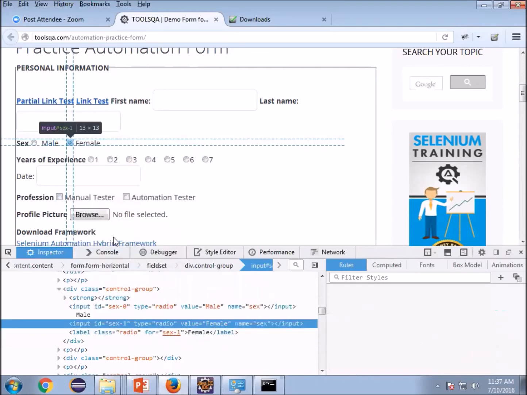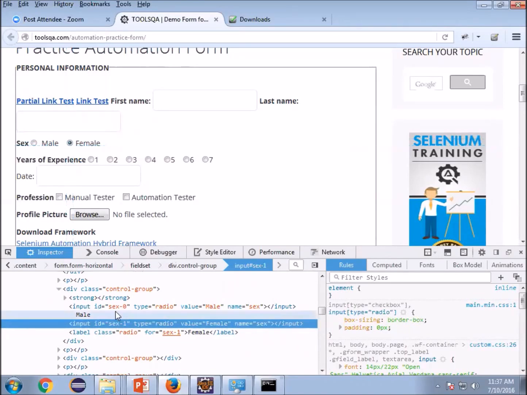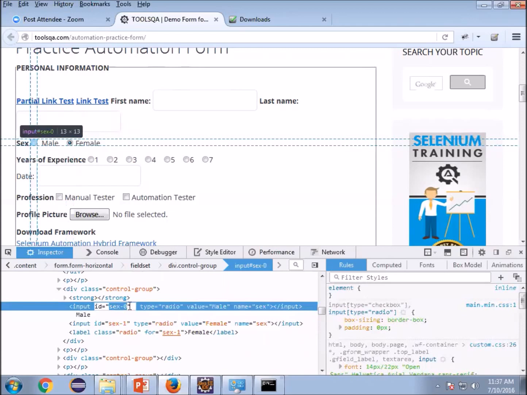I will inspect the element. See here, I have a name, but if you see, male is also having the name sex, and female is also having the same name. So instead of using name, you have to take care that you are using something unique, like ID, which is unique here.